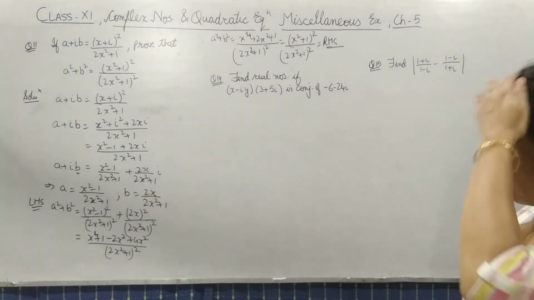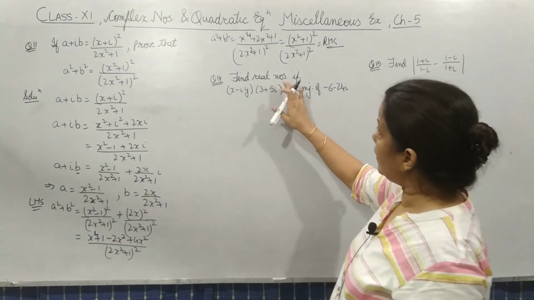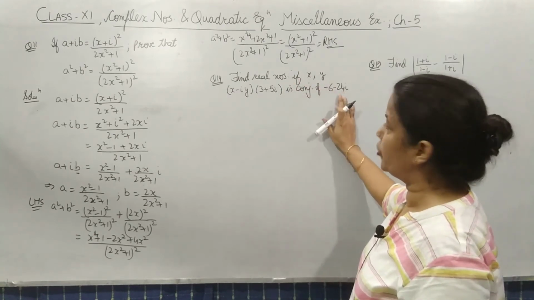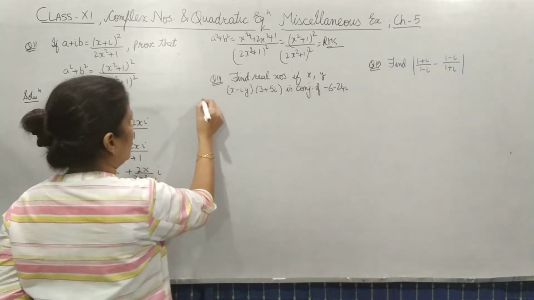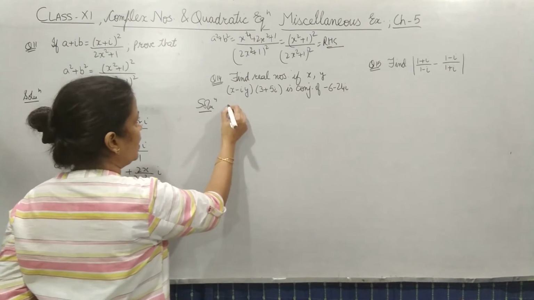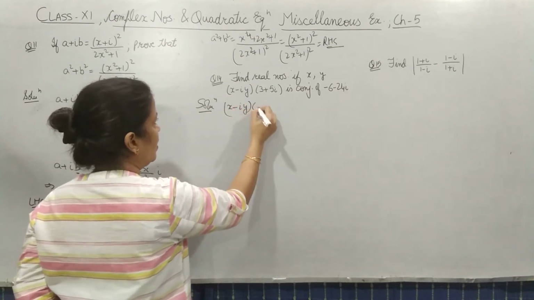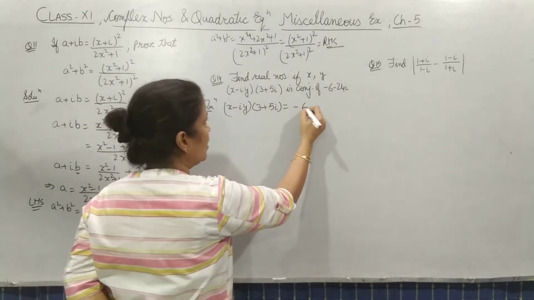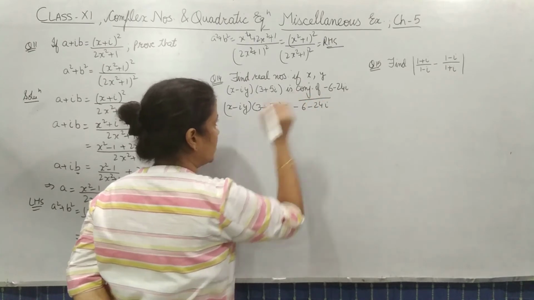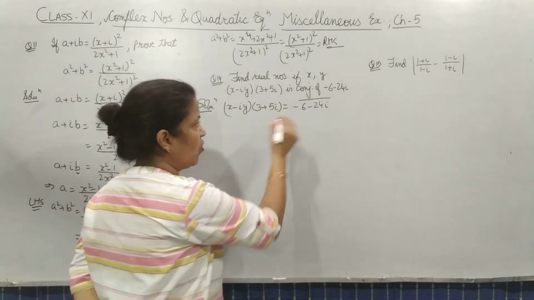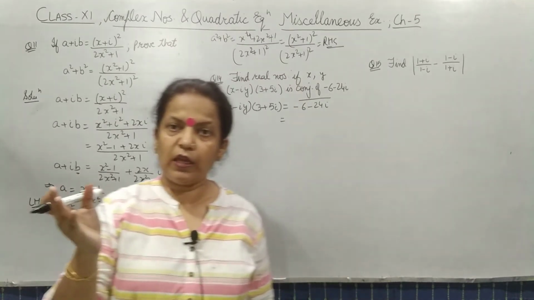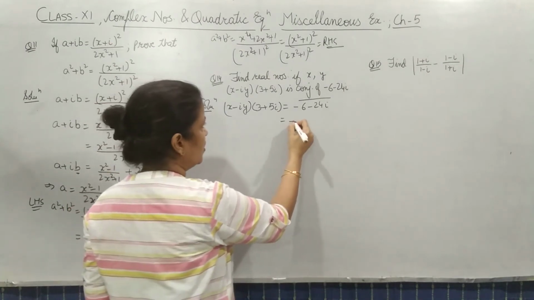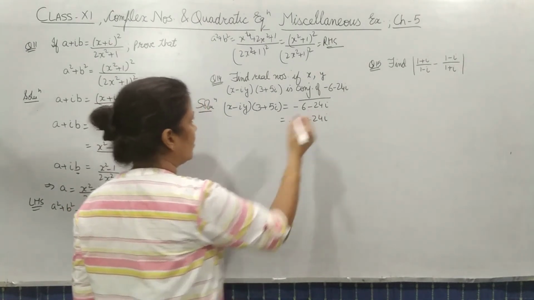Okay, now come to the next important part. Find the real numbers x and y if this is the conjugate of this. This is given. So according to the solution, (x minus iota y)(3 plus 5 iota) is the conjugate of 24 iota. So this is equal to, what happens in a conjugate? The sign in front of the imaginary part gets changed. So the conjugate part is 24 iota.